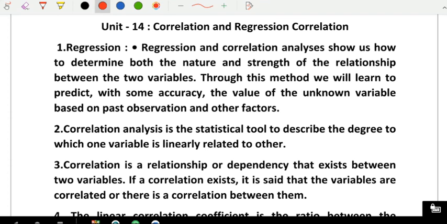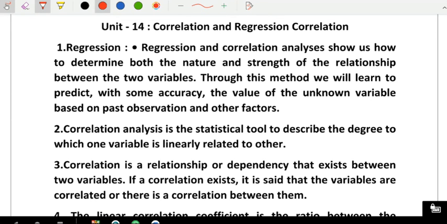So if the quantity of sugar cane is increasing, how will the quantity of sugar production be affected in our country? How are they correlated? If cultivation is decreasing, how is production decreasing, how are they correlated? That is called the correlation. It is the linear correlation, meaning how they are related to each other.